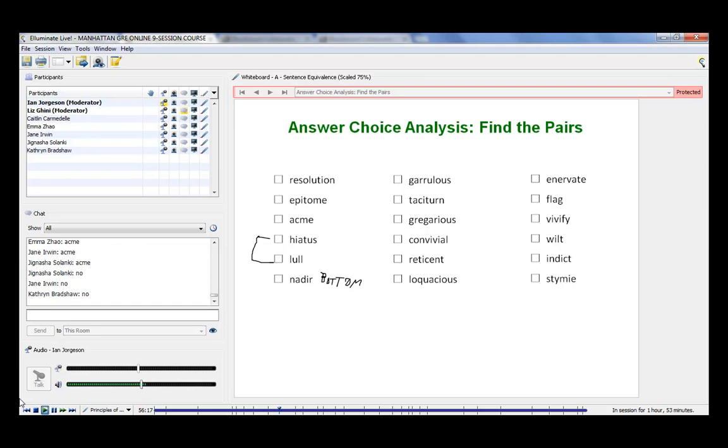All right, so this must be one of our unpaired. And by the way, resolution is unpaired as well. Actually, the other pair here ended up being epitome and acme. They mean essentially the same thing. Not perfectly, right? Acme is the best, the highest point. Epitome is more the best example of, but they're close enough to be